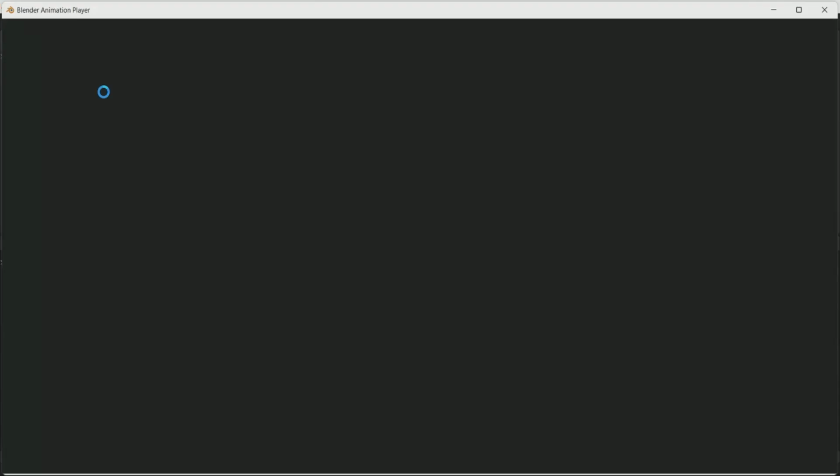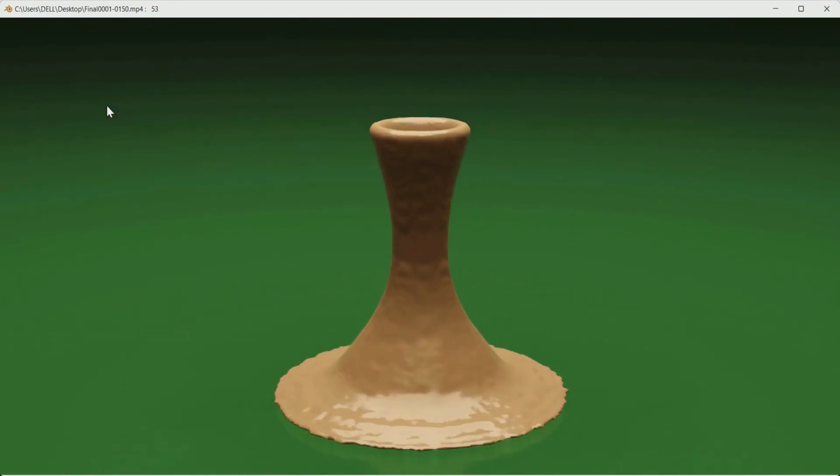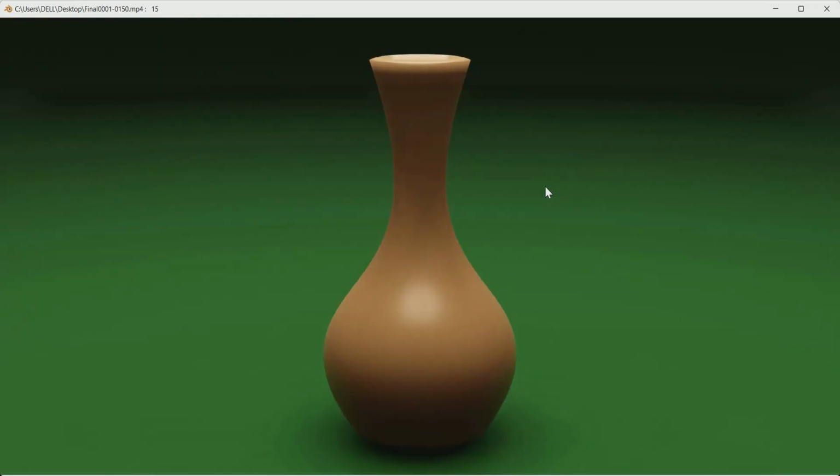So if you are interested in learning how to make pottery or jars with the help of geometry nodes, check the right video